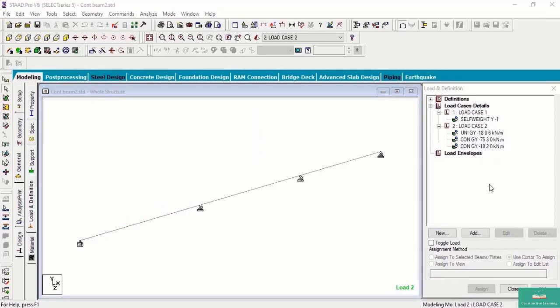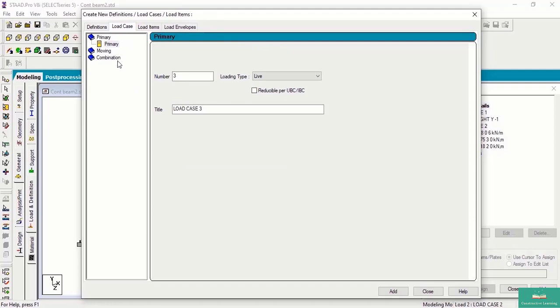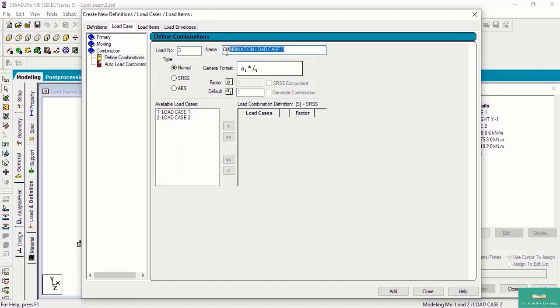After applying all the loads, now we need to create load combinations. For that, click on load case details. Click on new. Under that load case, click on combination. Give any name for that, like COM1 or COM2.